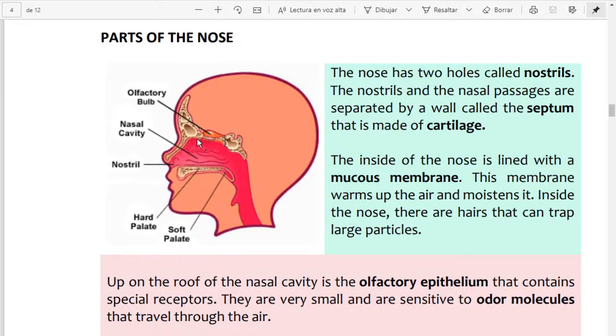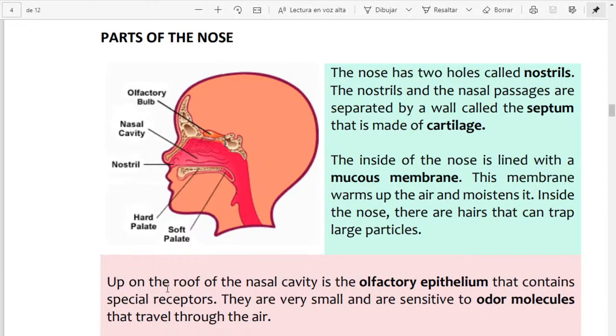Okay, we are producing all the time, every minute, new layers of this mucous membrane. And inside the nose there are hairs that can trap large particles. So you have hairs here that keep many large particles from entering the nose. Okay, and finally, this second paragraph,